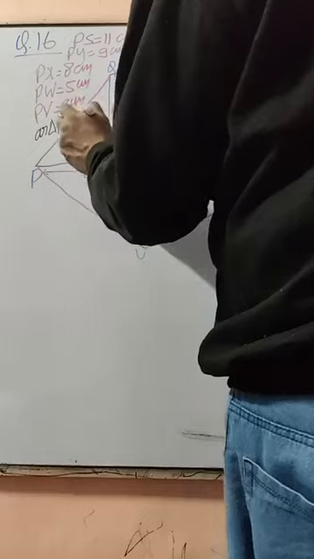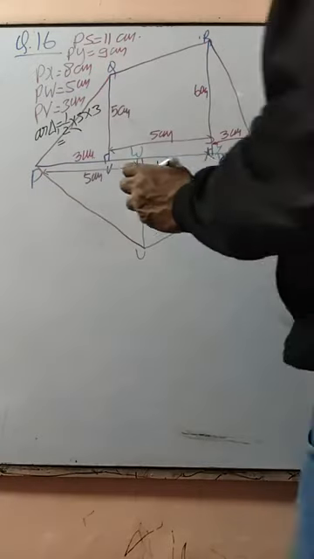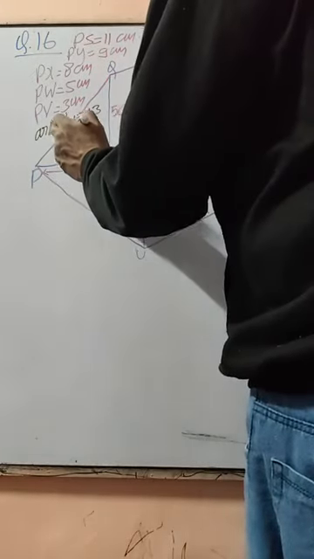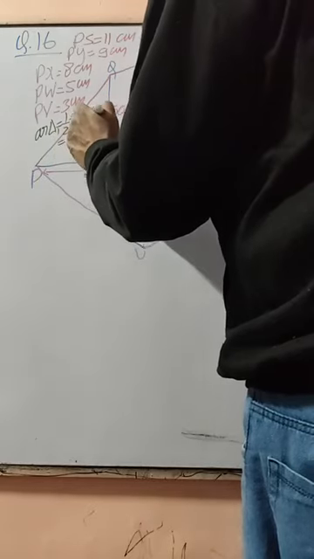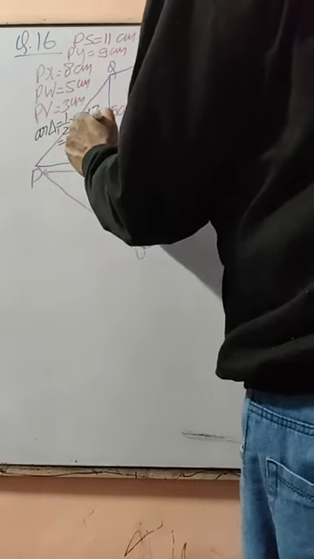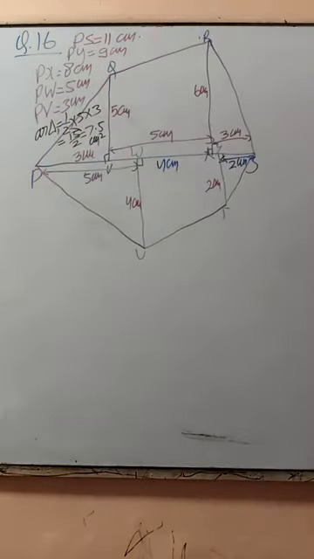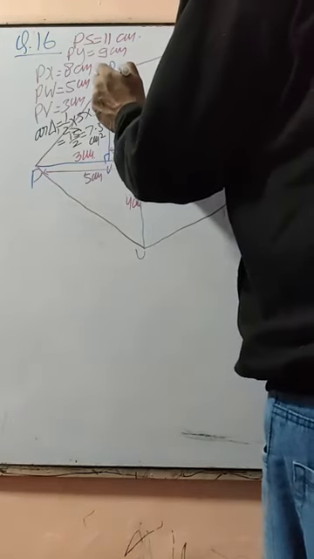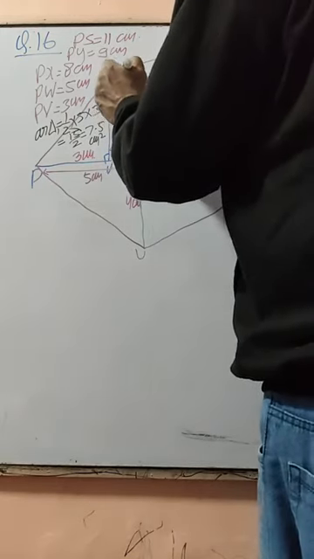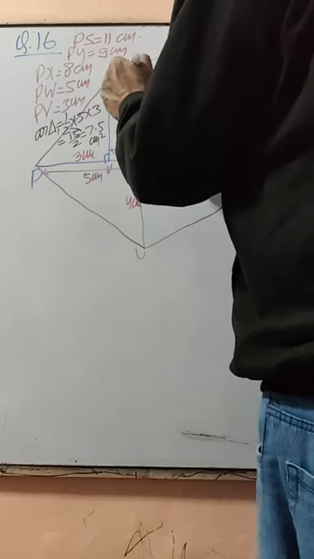It is 15 by 2. It becomes 7.5 centimeter square. Yes, sir. This is trapezium. So area trapezium